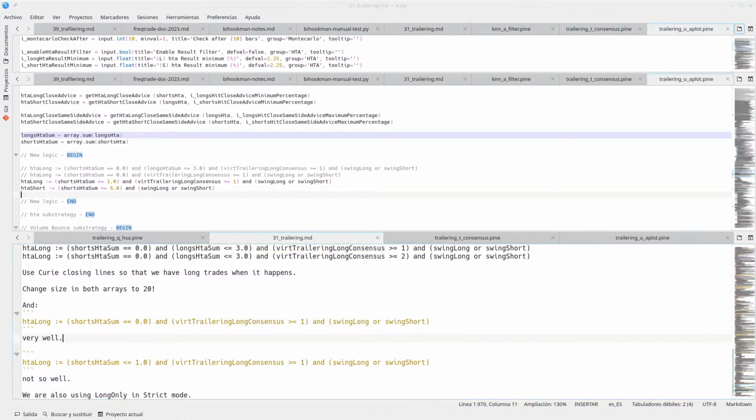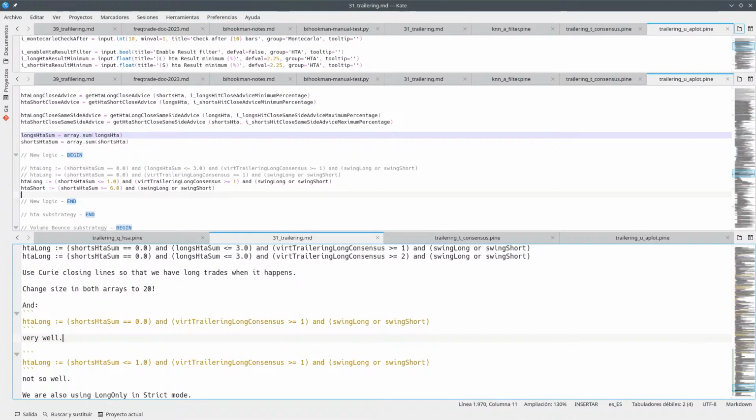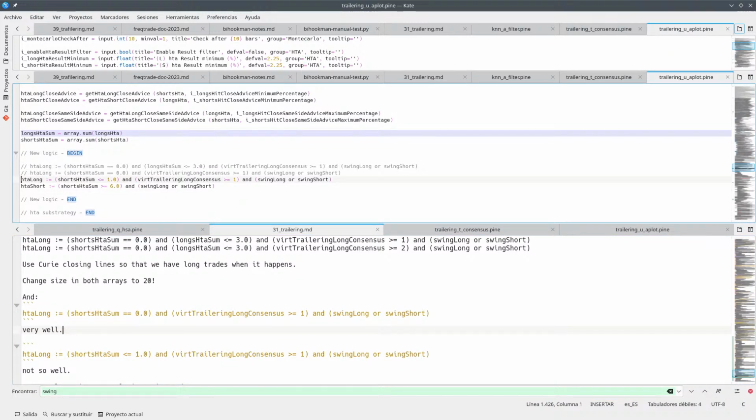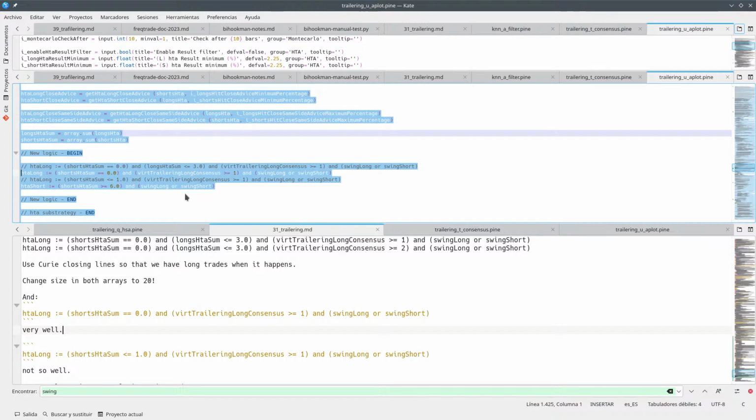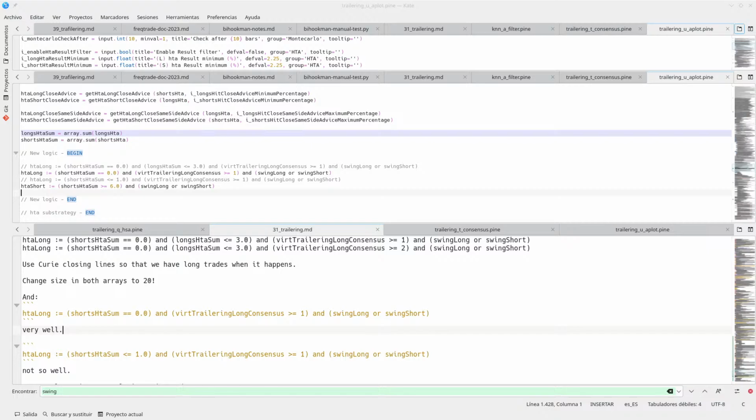And I mean, there are not so many trades, but it's very nice. Let me show you. So here, if I comment this and I use this, we have very good results. In any case, we're going to put everything from here